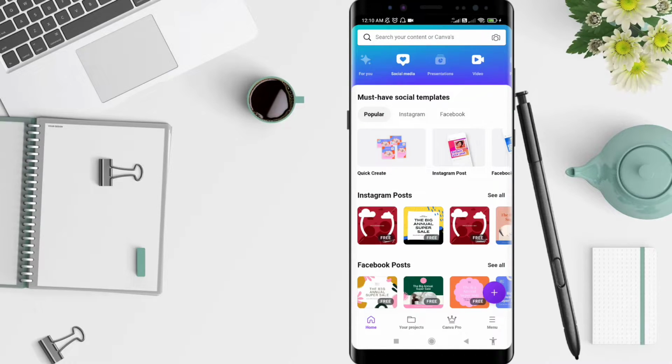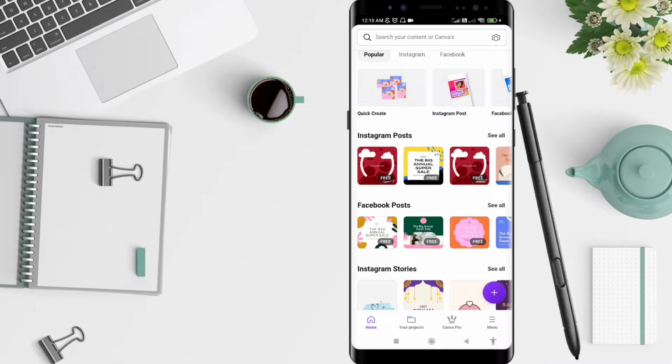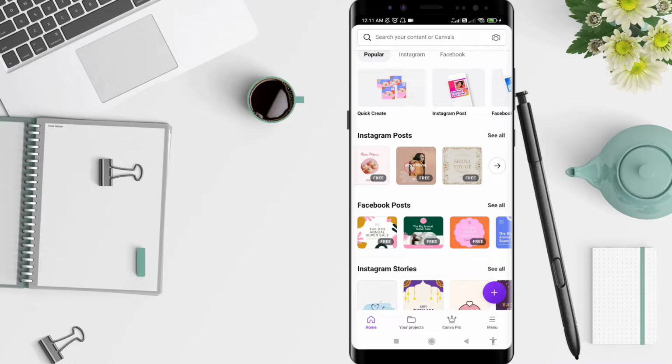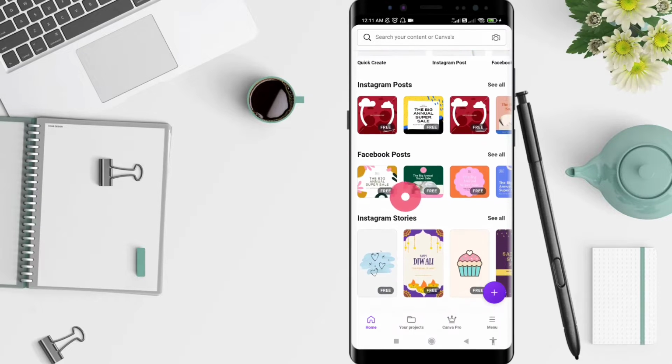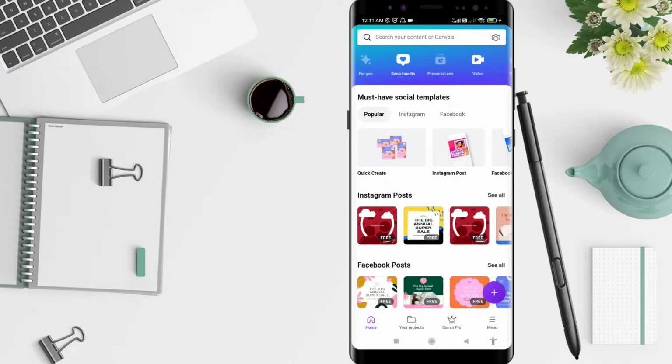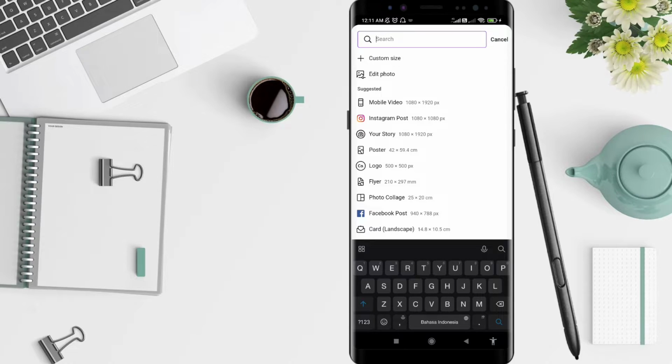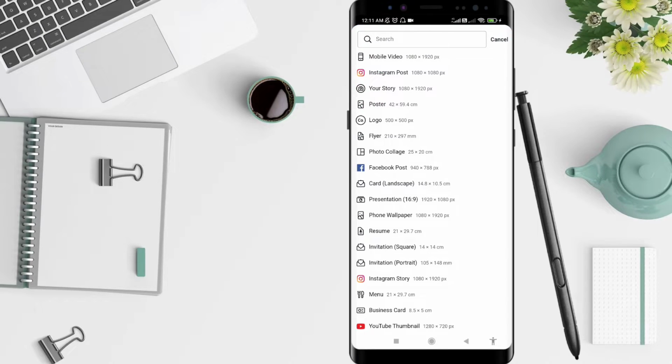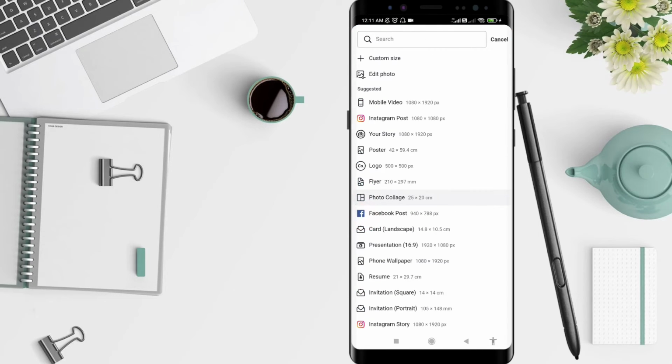There are so many for you, and there are simple and free ones for you. Okay, if you don't want to use a template, you can go to the plus here for your own design. Click on the plus symbol below, and then you can see suggestions for the Instagram post, your story, poster, logo, flyer, and so on. You can also customize your size. Okay, I want to post for my story, click on,